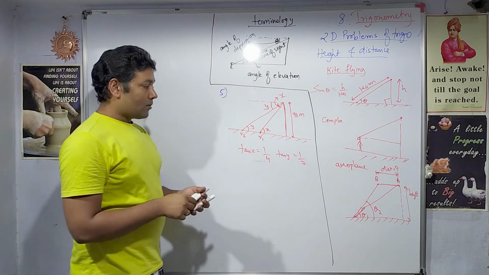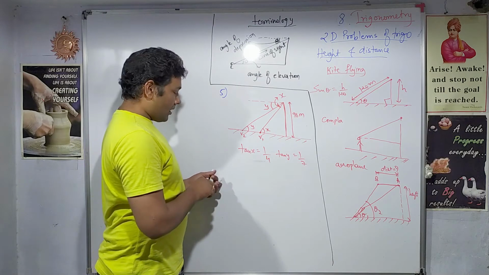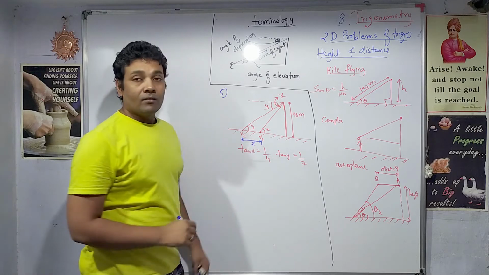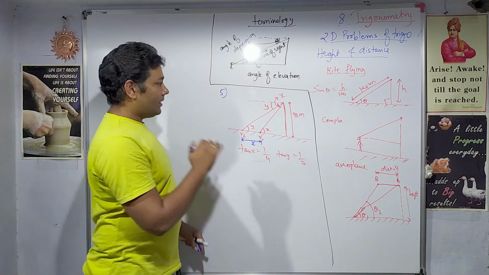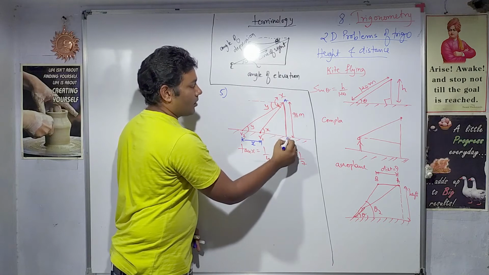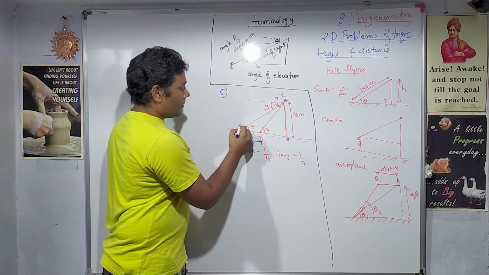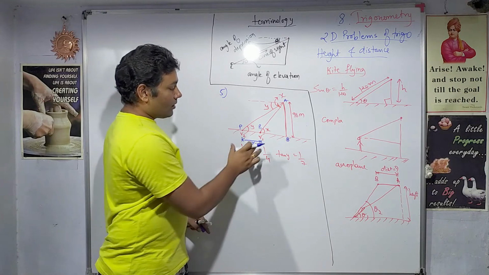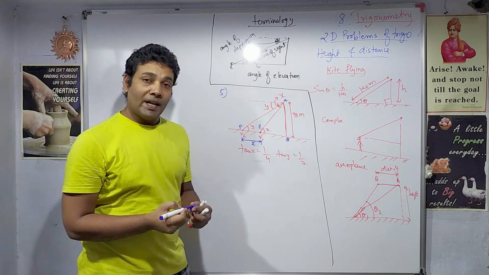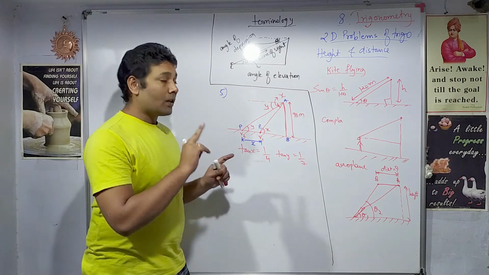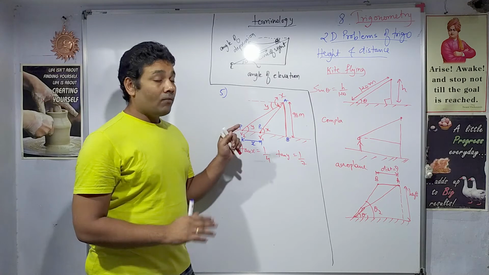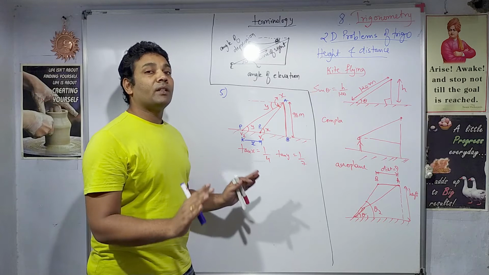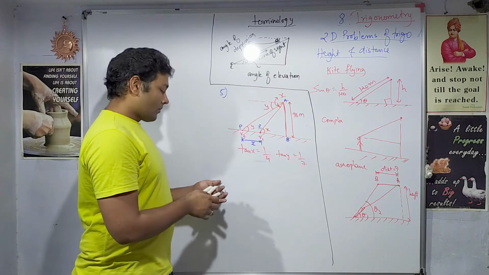Now the question says you have to find the distance between the two vehicles. So this distance has to be calculated. I'll name it as x. Let us name this triangle. As usual our tower we will always name AB. This one we will name as point P and this one as point P1. Nothing else is given to us, only this much data, and we have to calculate x. Again the same way we will frame two equations because we have two triangles. Whenever you see two triangles, two equations will be there. The two equations are solved simultaneously and you easily get the answer. Let us start.